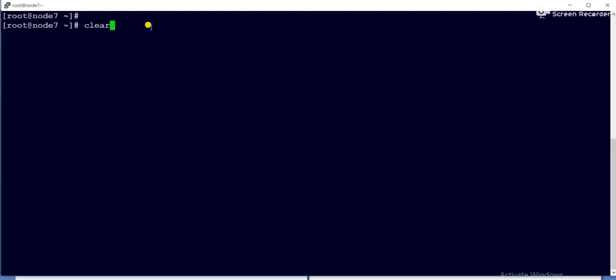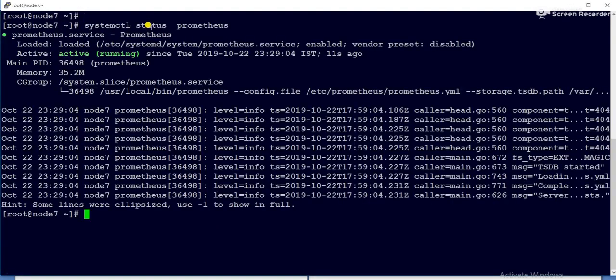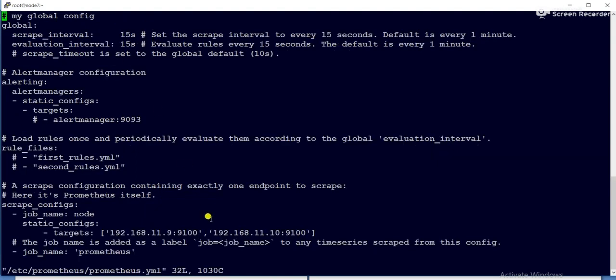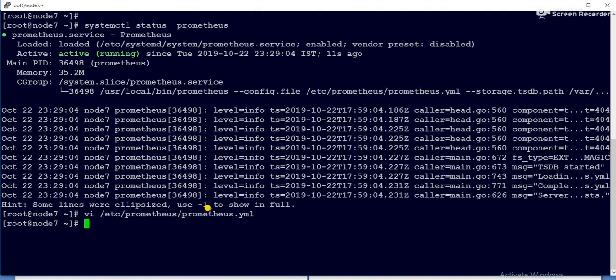Now you can see Prometheus status is active and running. Earlier it was failed. So what was our mistake? We need to put a comma in between our two targets. The comma was not there, so that's why it was in a failed state.